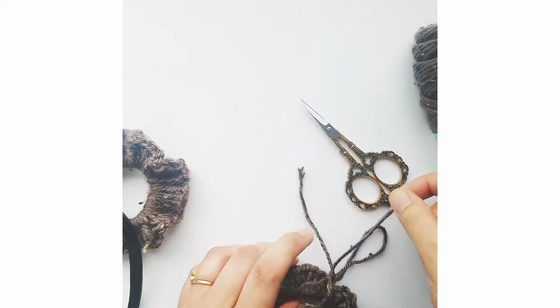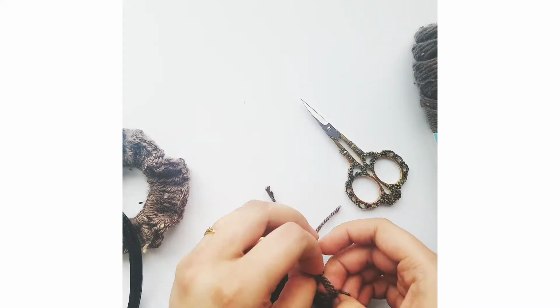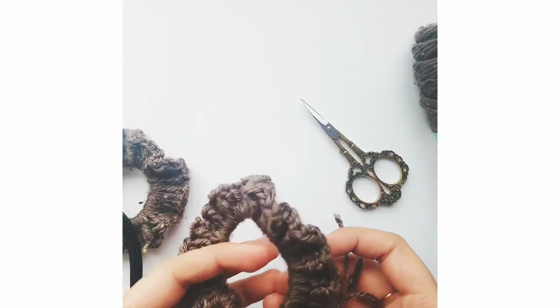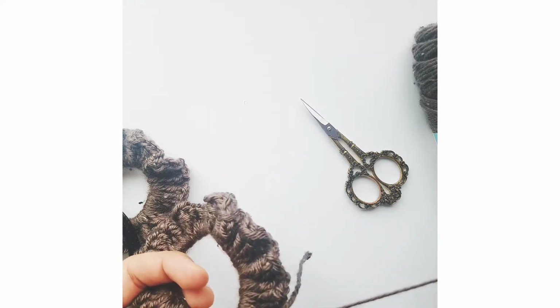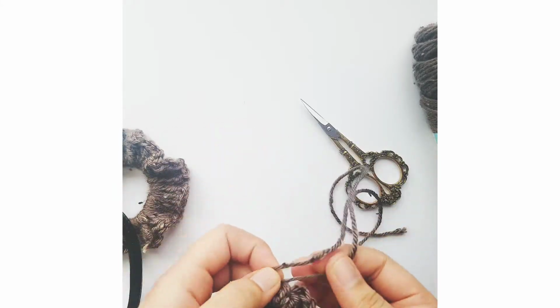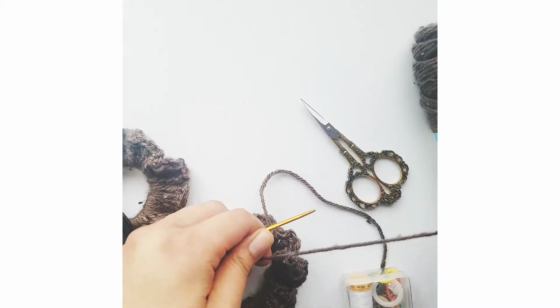And there you go. Let's do it twice. If you don't like that, you can just weave in the ends as well. So you could do that. That's one option. Then if you want to weave in your ends, basically just take a yarn needle,